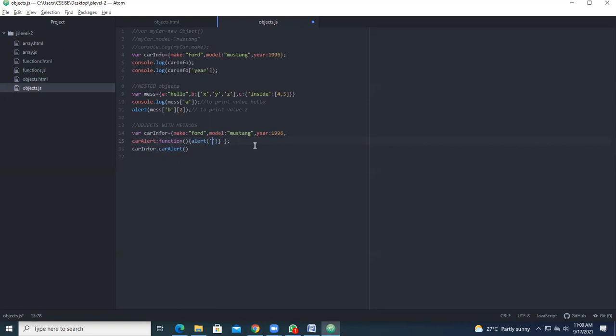So for that, I'll be starting with: your car info is. So take make colon. So close this one. After that, you add plus, you give this dot make. So after that, you give this dot.